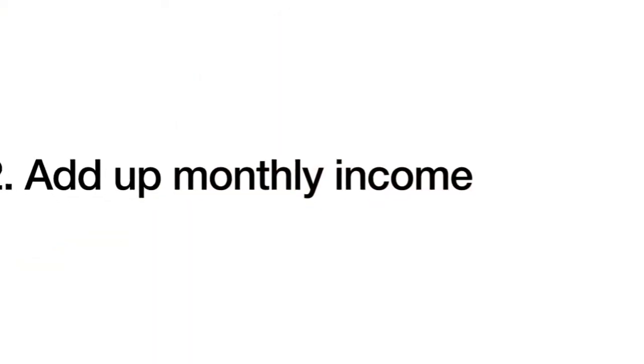Step two, write down all of your monthly income. That's all of the money that you make on the average month. For most of us, that's pretty simple because most of us have a job. So you just write down how much it is that you make. Even if you're hourly, if you're doing 40 hours a week or whatever it is, you can figure out how much it is on average that you make every single month. If you're salaried, that's even easier because it's pretty much the same every single month.